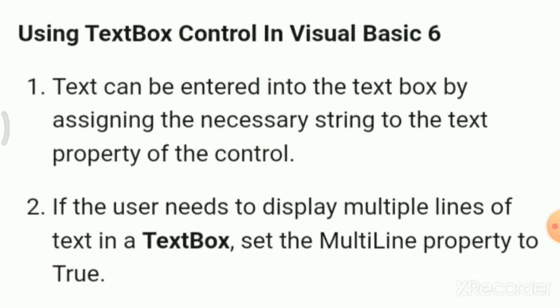And we use the ampersand sign, that is the string concatenation operator. Ampersand is used to combine multiple texts into a single line. Which is used to combine multiple texts into a single line? The string concatenation operator, that is ampersand. And the Val function is used to convert text into numeric data in VB.